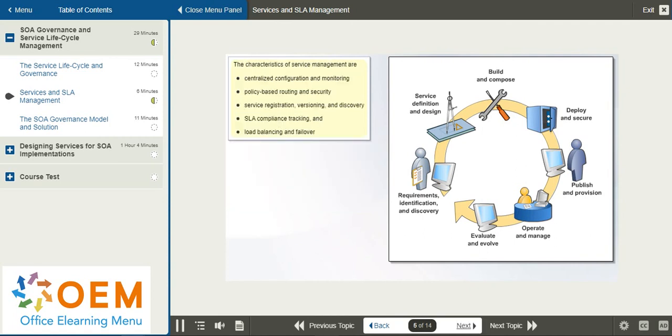The characteristics of service management are centralized configuration and monitoring, policy-based routing and security, service registration, versioning and discovery, SLA compliance,